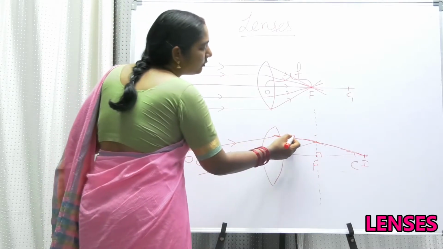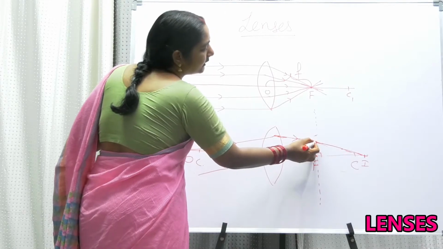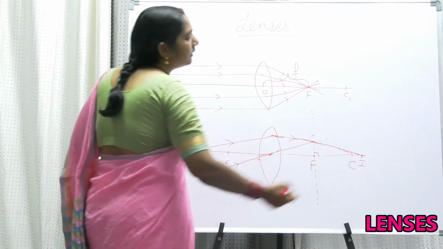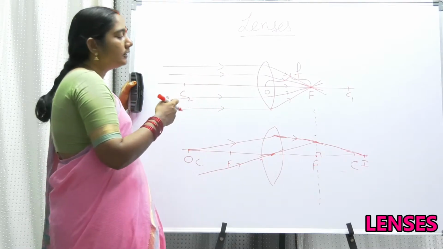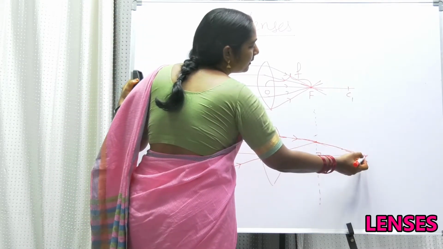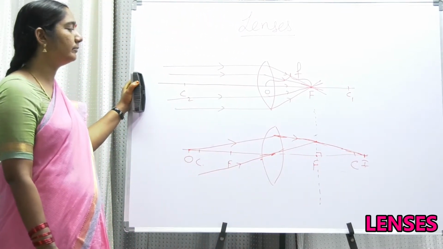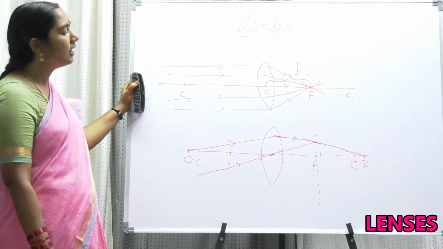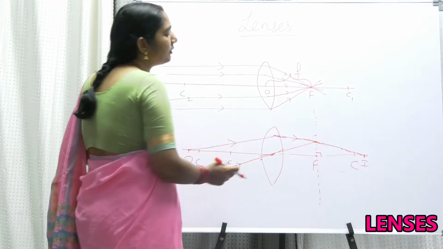So now you have to draw this line in such a way that it cuts this intersecting point and proceed that line. So this line meets the axis at a particular point. That is the point where the point image is formed. I think now you understood how to draw, how to bend, how much bending must be given to your ray.